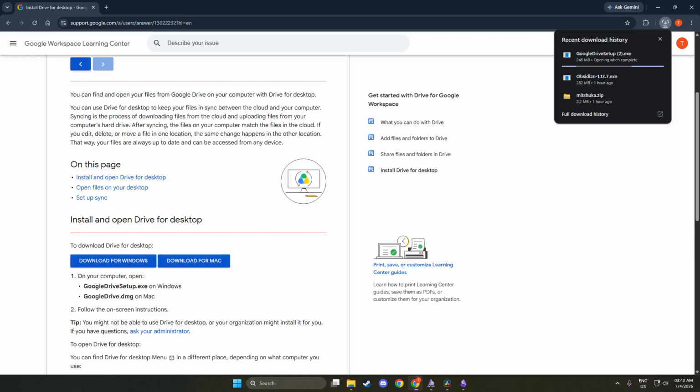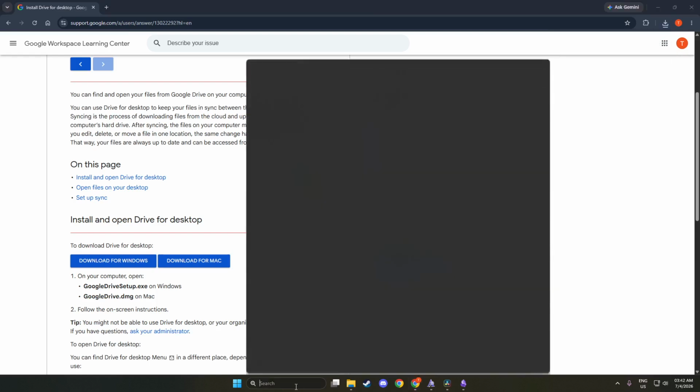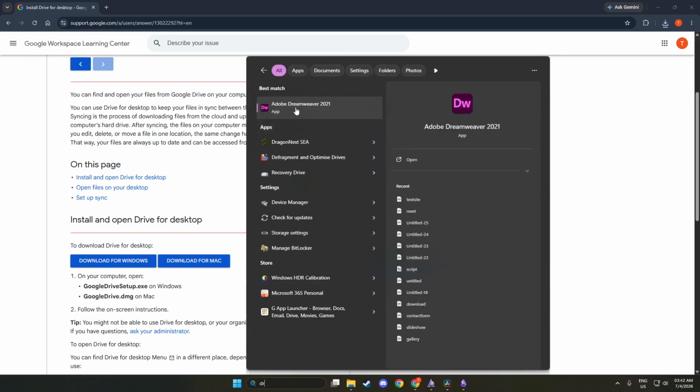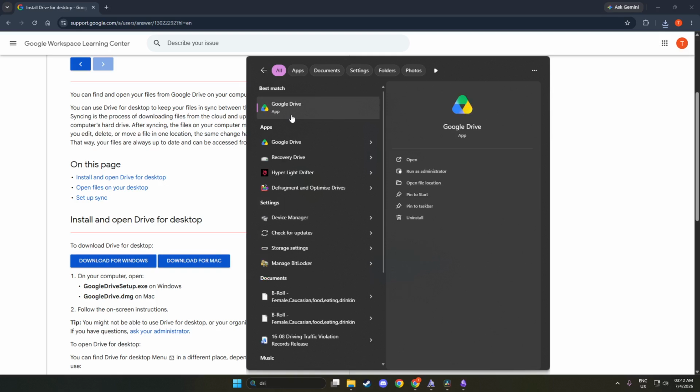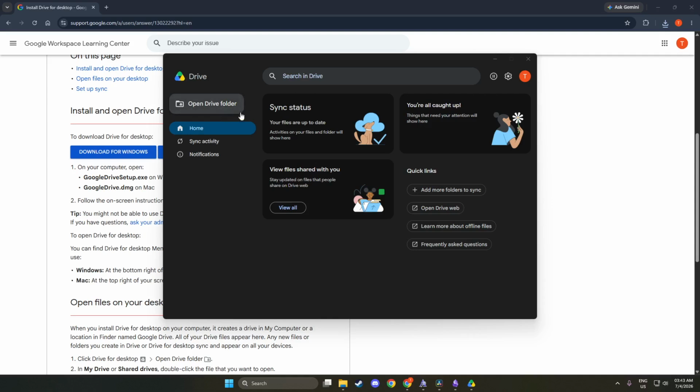device. Next, you will need to sign in with your Google account. Open the Google Drive application on your computer. You will be prompted to enter your Google account credentials. Once you log in, your files will begin syncing. This process might take a moment, especially if you have a lot of data. Signing in is important because it links your Google Drive with your local system, allowing seamless access to your files.